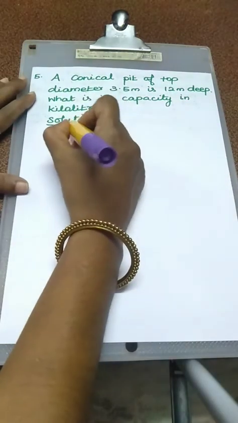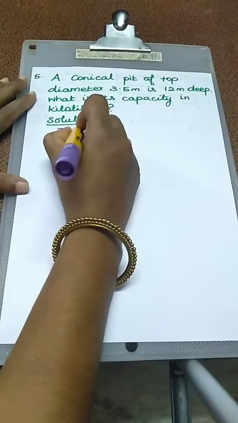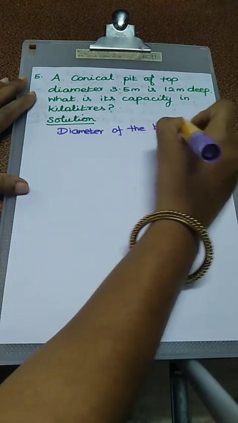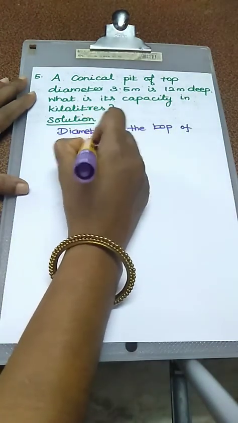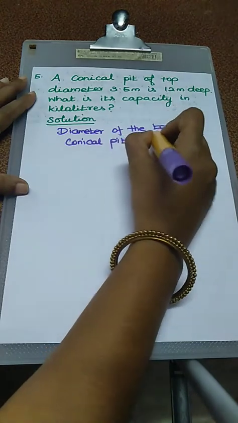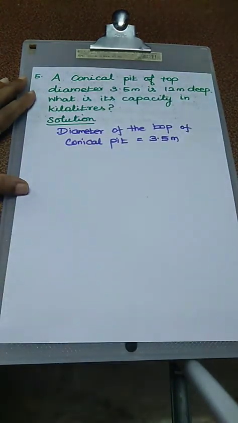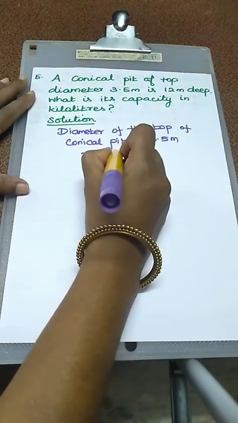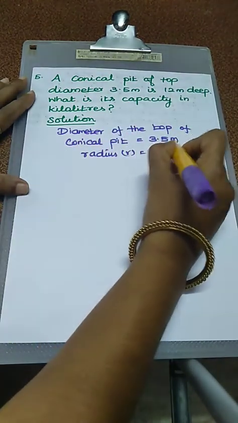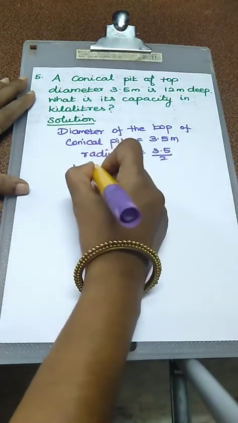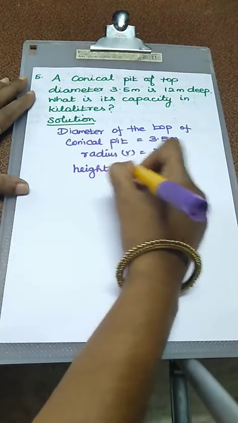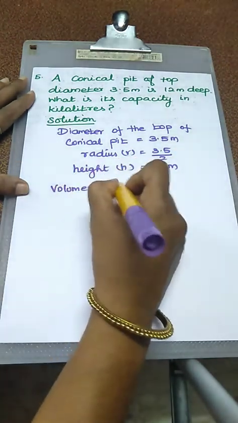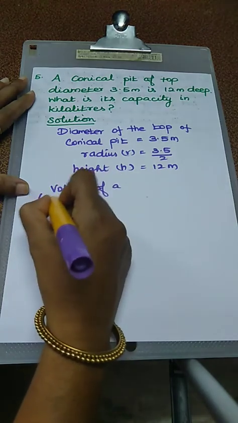Okay. First write the given, that is diameter of the top of conical pit. What is the value? 3.5 meter. Okay. Another one, radius. So radius is equal to 3.5 by 2. Then another value given, that is height of a conical pit is 12 meter. Finally we calculate capacity, no. So that volume of a capacity only